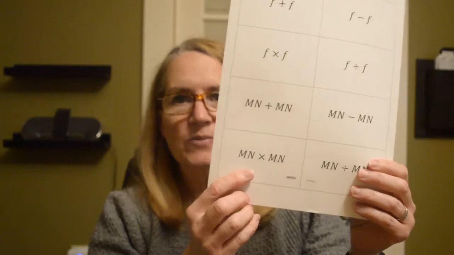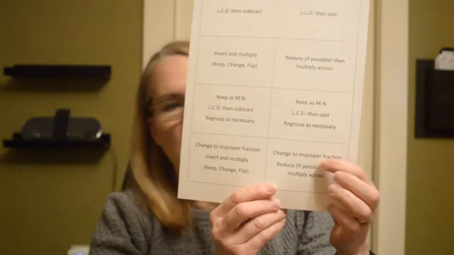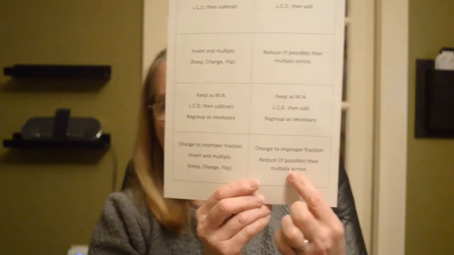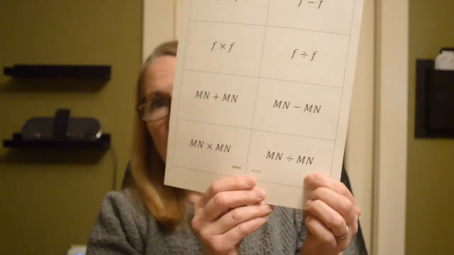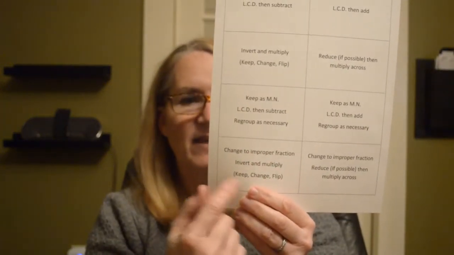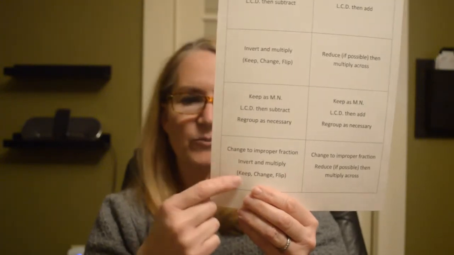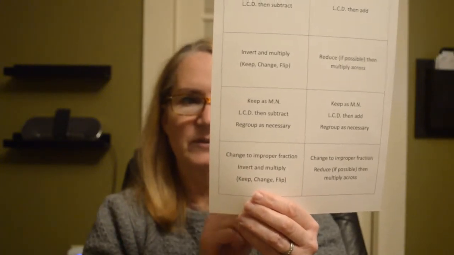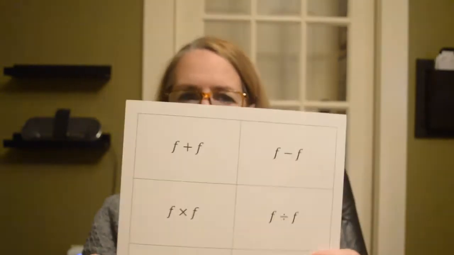All right, mixed number times mixed number. This is where we change to an improper fraction. And then we use the same strategy as you saw for multiplying. Right, and finally, mixed number divided by mixed number. You're going to change to an improper fraction again, and then either call it invert and multiply or keep, change, flip. Right, so you're going to go in and you're going to print this out,